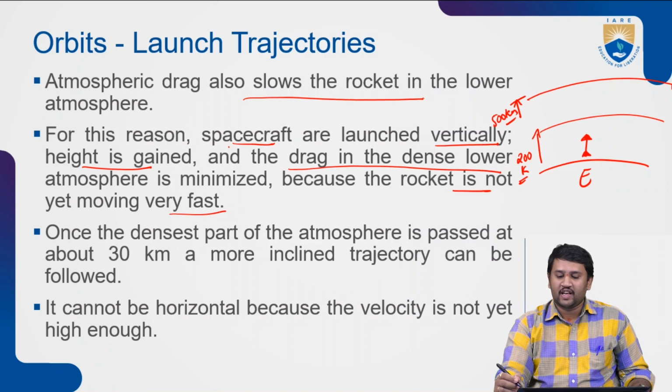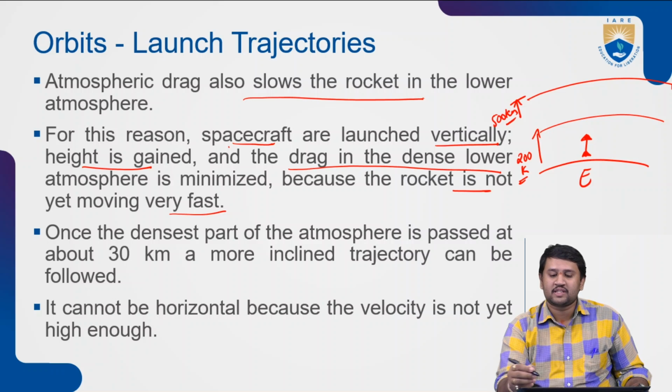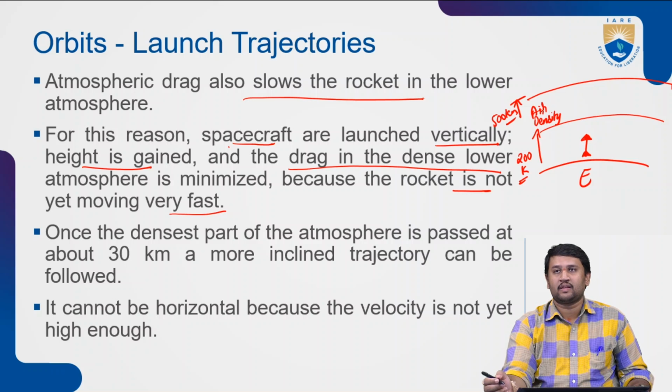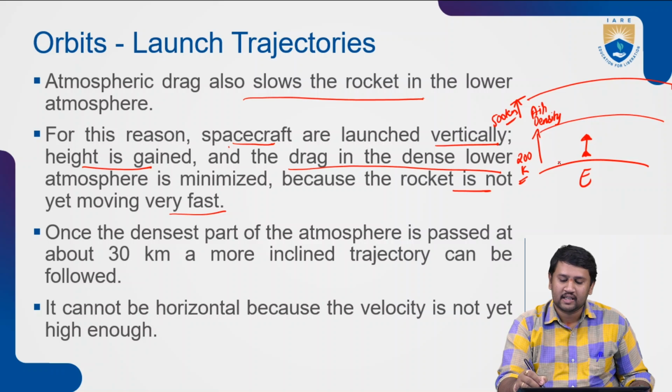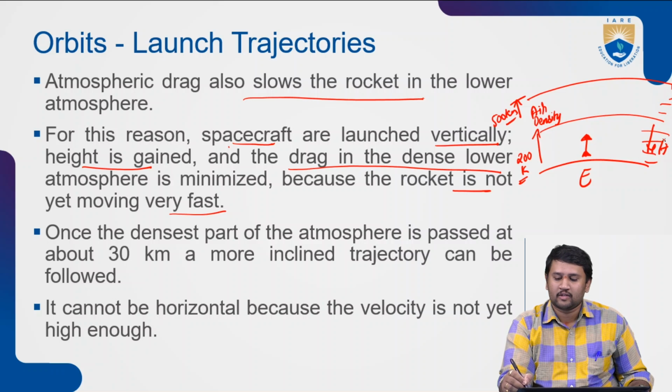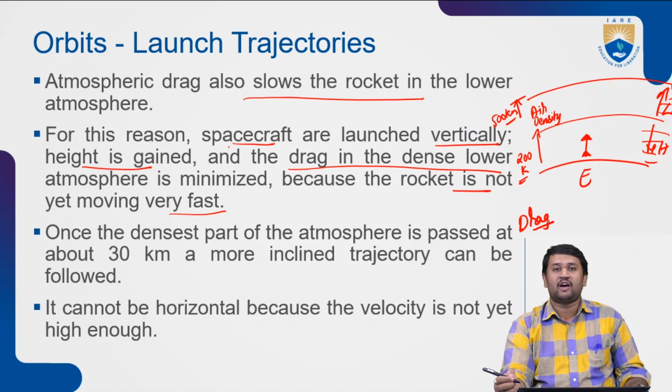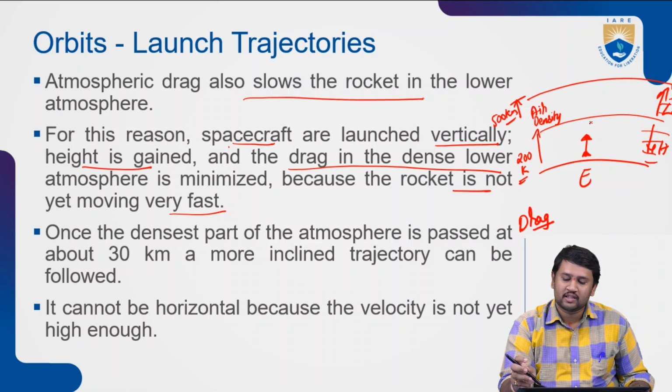Now, whenever you are launching, what will we be doing? We will be separating zones on the basis of their air densities, right? The air density will be higher towards the surface of the Earth, whereas lower away from the Earth, right? Now, in order to reduce the drag exerted onto our rocket vehicle, what we'll be doing? We'll be launching this rocket up to a point in the vertical direction in order to gain height, which is my vertical component,